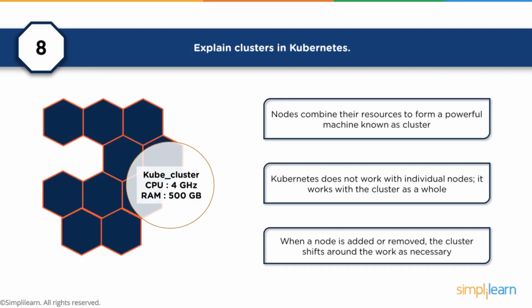And then you're going to be asked to maybe dig deeper into what is a cluster within Kubernetes. And so a cluster is really a combination of resources such as machines into a single node, and then those nodes are pooled together and work as a single cluster as a whole. Kubernetes will work with that whole cluster, and if a node fails or needs to be removed, Kubernetes is able to do that quickly and effectively.